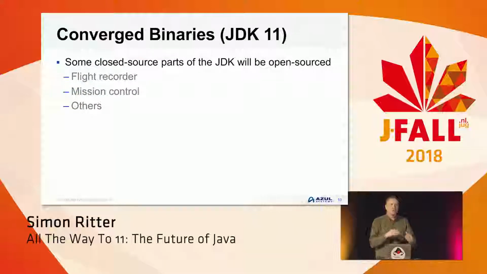How they did that was in 2 parts. The first was that they contributed a number of what had previously been closed source commercial features to the OpenJDK project. The most obvious of those are the Flight Recorder and Mission Control tools. So these are used to monitor your JVM to see what's actually going on with your application and see how it's working. They've been very popular, and now they are open source, so you can use them for free with no licensing restrictions. There's a few other things like application class data sharing, which gives you more advantages in terms of resource utilization and startup time and so on.